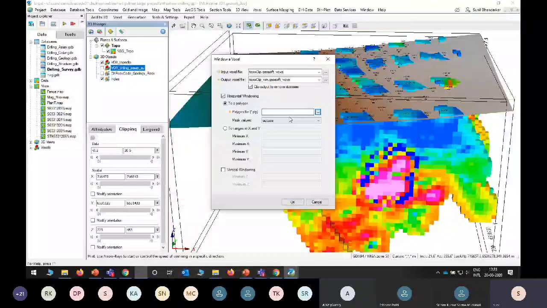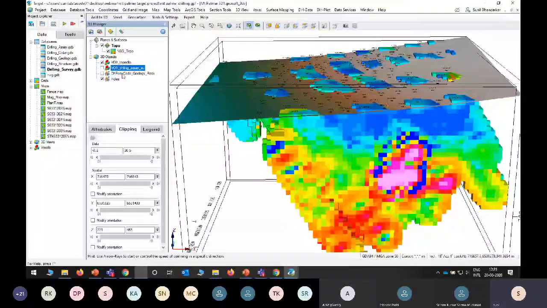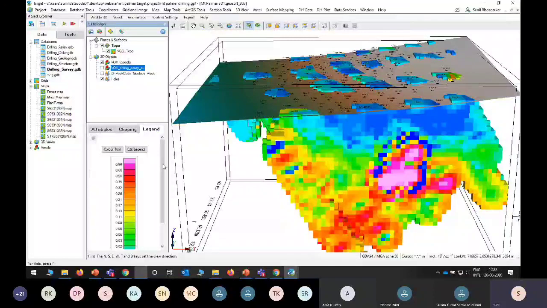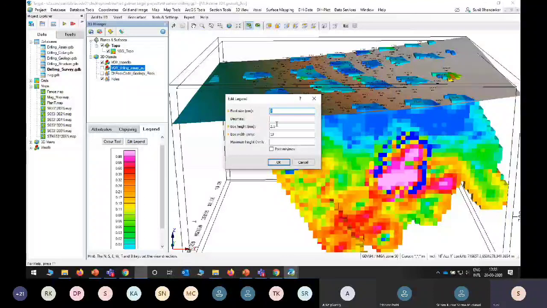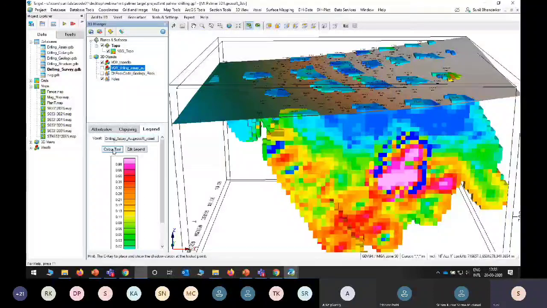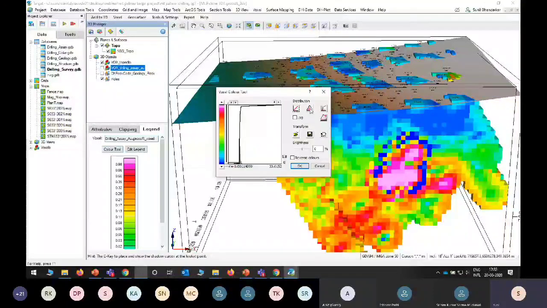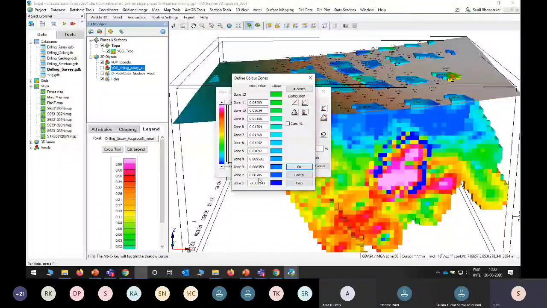And one more thing is that you can check the legends. Color wise, you can edit it here according to the legend size and also a color tool here. It should be normal distribution or user defined. For user defined, I need zone 1, zone 2, zone 3, zone 10, zone 12.